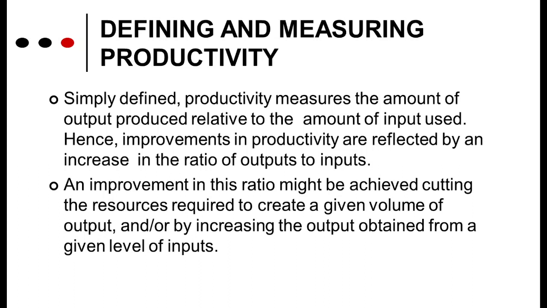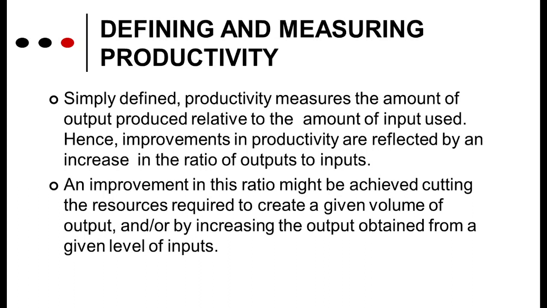It is very difficult to define because productivity is a variable factor. Let's look at a restaurant. Today you come and you find the food is good, the service is good, the people are good, everything is pretty good. Tomorrow you come to the same restaurant. It may not be the same. The third day you come. We had studied right in the beginning that one characteristic of service is variability. So when there is variability in service, there's going to be variability in productivity. So productivity cannot have a clearly defined definition.